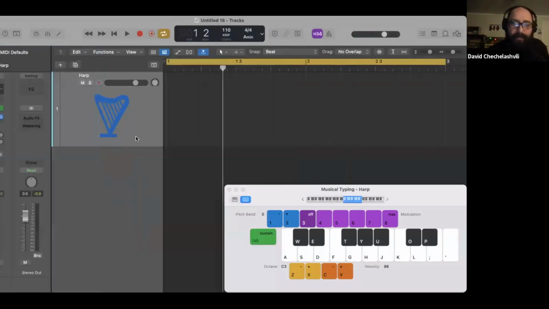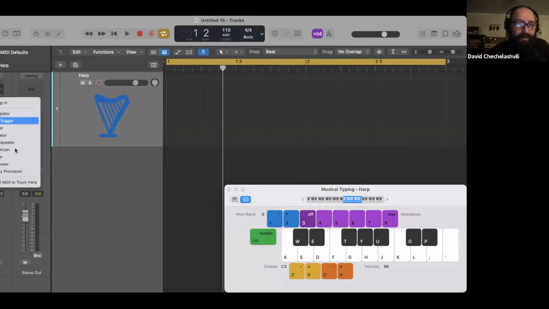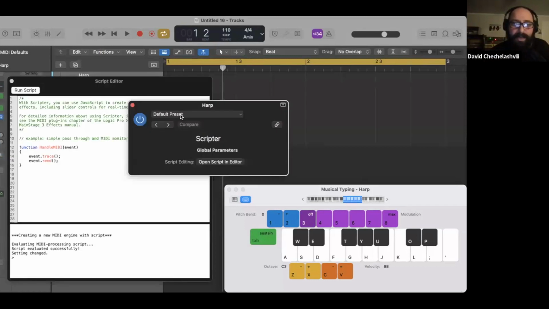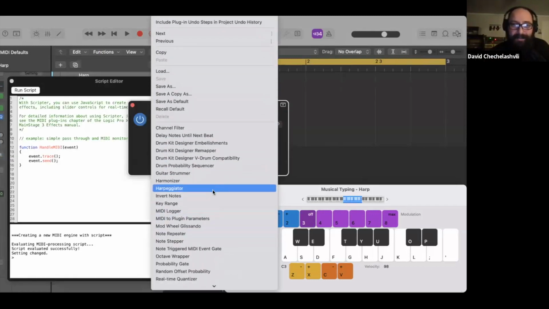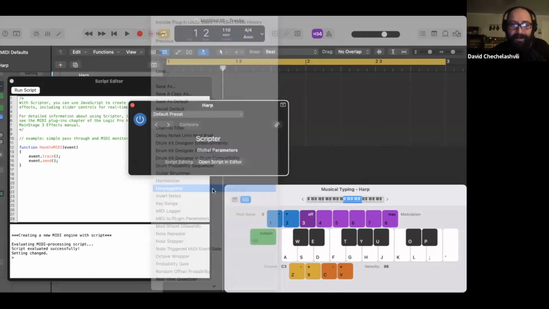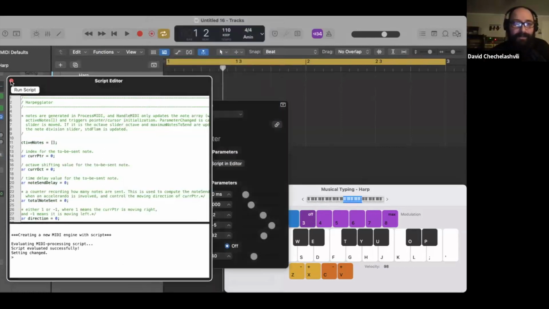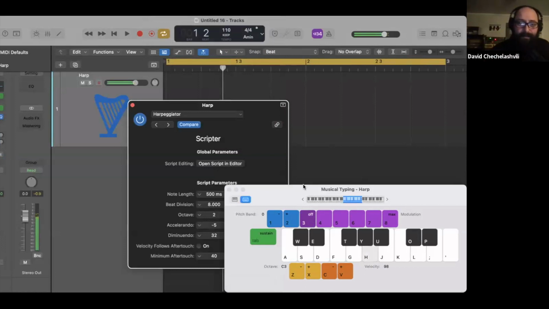But to program a harp player's articulation, the way it's played, the way that it accelerates and decelerates, the way the player usually makes that accelerando and decelerando is really difficult and probably not worth the time. Once again, Scripter to the rescue. Scripter has a specific preset for a harp called a Harpeggiator, and the Harpeggiator will do this. Let's go down an octave here, that's pretty high. And so if you play a chord,